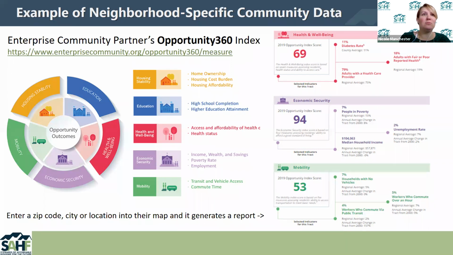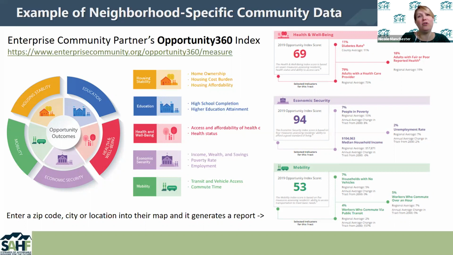So you can really drill down to small levels, and they have these 5 categories, and they give a rating or an index score for each category, for each neighborhood across the country. You can go in and type in your city and drill down, or I think even your address. It's looking at the opportunity level of education in that neighborhood, of health and well-being, economic security, mobility or transportation. And you can get this nice report that it generates that gives you lots of details about your